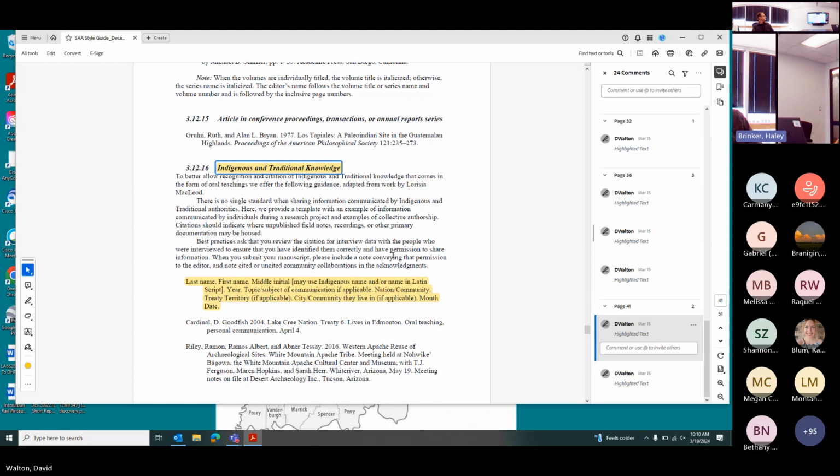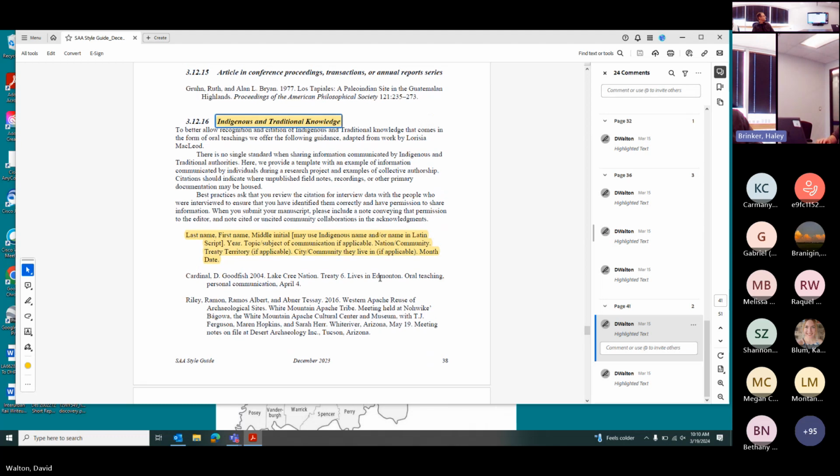This was a section, I don't know if this was new or not, and new as in what was the version prior to December 2023. I just, in reading this fully over again, noticed that there is a standard format, if you will, or sort of mechanism to cite indigenous and traditional knowledge. And I do run across that every once in a while with certain reports where certain tribes do have a formal kind of means of passing down that traditional knowledge that makes its way into archaeological reports. So that's there.